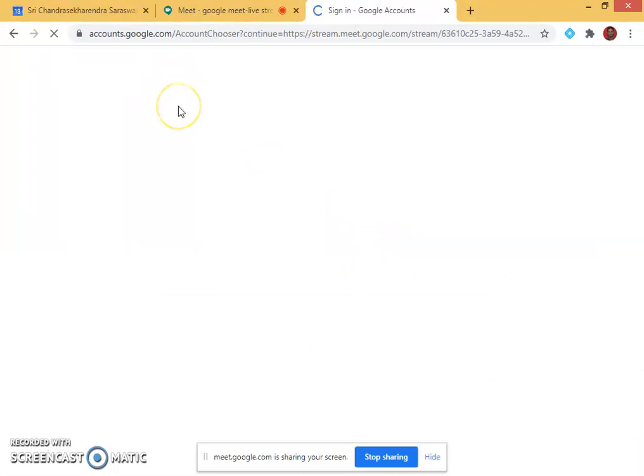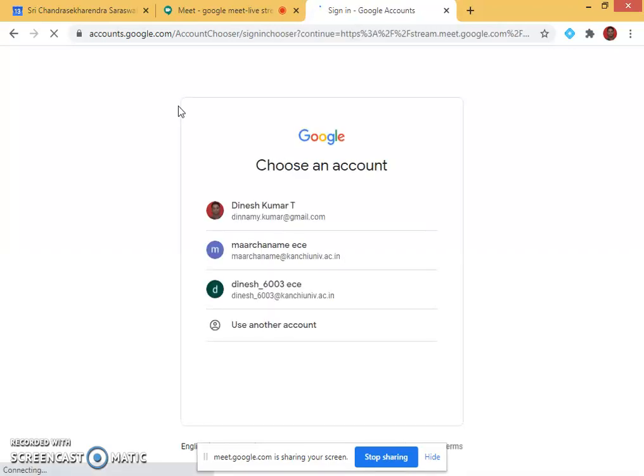They can copy the stream, then open a new tab and paste it. This will work only with institutional IDs within the domain, since it is an in-house live streaming. So I click it with the in-house meeting ID, user ID.